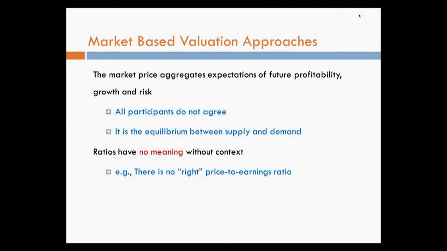So it's what I just said here. The market price, whether it's in the form of total value that the market ascribes to a company, or the specific price of a share of stock, is the aggregated expectations of a scientific and non-scientific set of buyers who are together finding that equilibrium point between supply and demand that says this is what the company is worth. That's what the stock market does: searches for equilibrium.